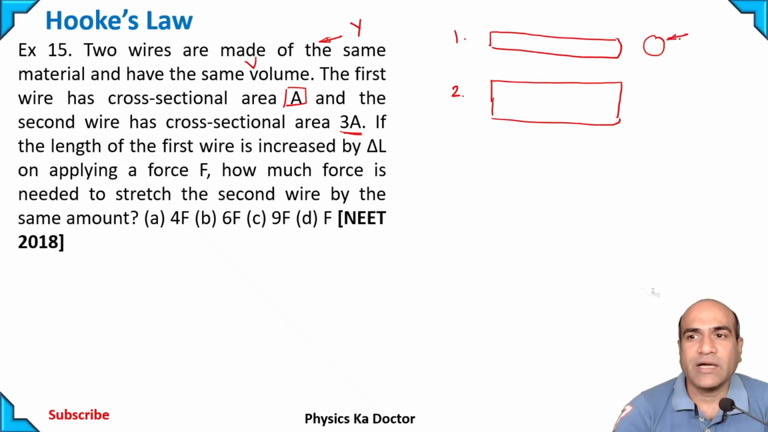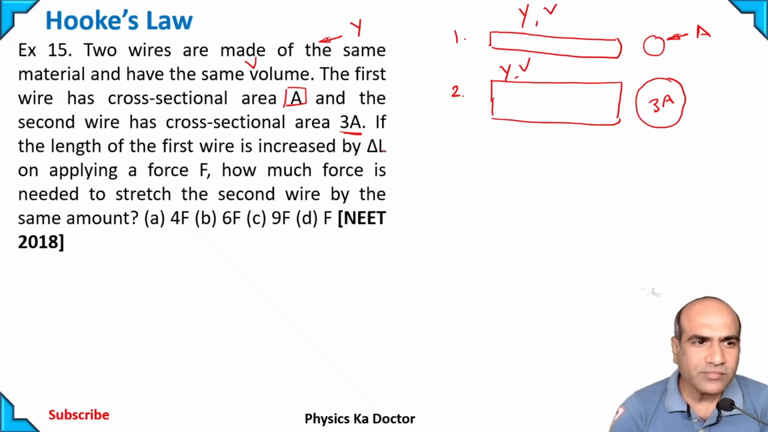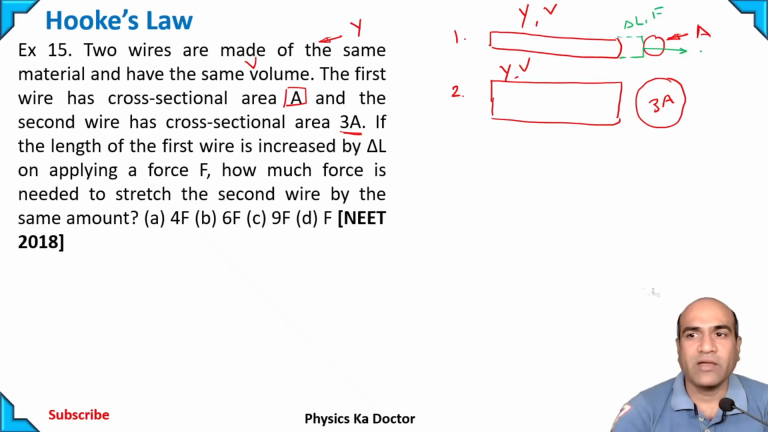If this cross section area is A, for wire number 2 this becomes 3A. Young's modulus is common for both the cases. Volume is also common for both the cases. If the length of the first wire is increased by delta L by applying force F,